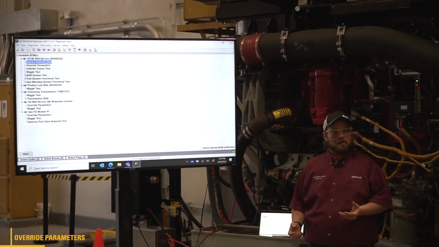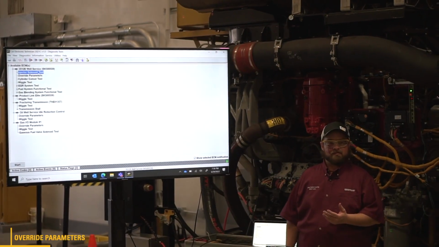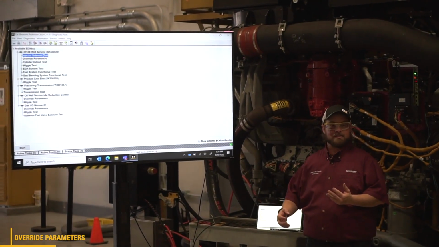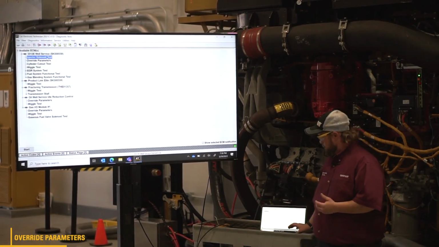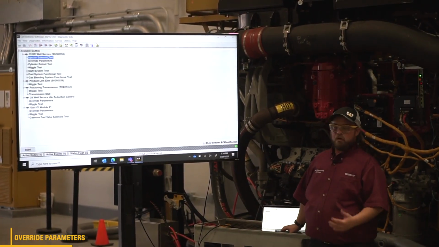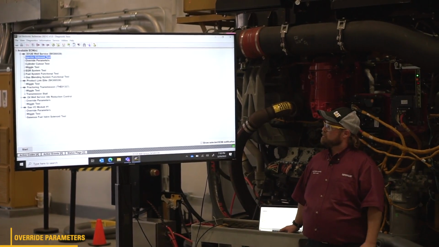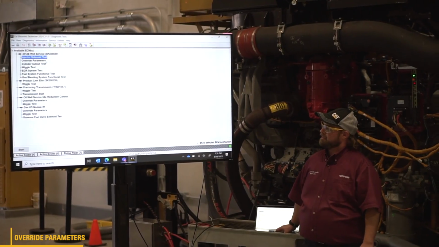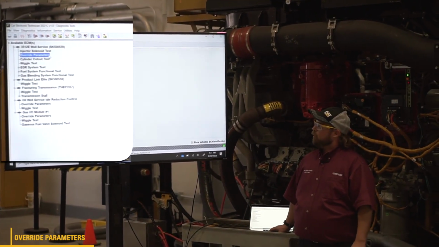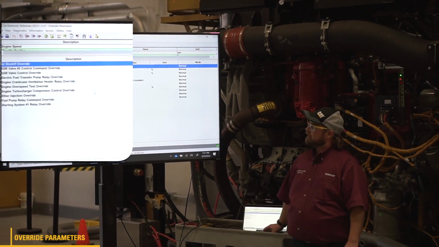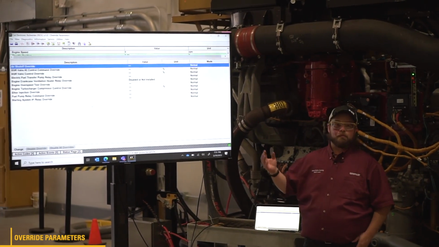But what about some of our other outputs that have a -5 code? We said -5s and -6s we're going to find on our output circuits. So some of the other outputs that we have available here, we can override those also. So within diagnostics and then diagnostic tests, I've got override parameters right here. If I open this up, it's going to bring up a lot of my other output circuits that I